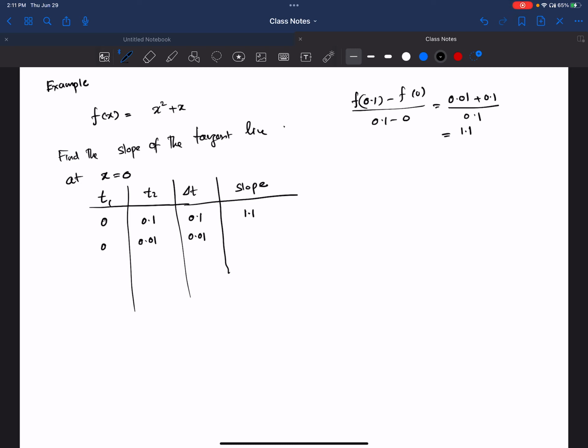hold on, I think I'm wrong. So here it's 0.01 plus 1, oh yeah, 0. And then if it is 0.01, so you can find f of 0.01, then this is f of 0.01 minus f of 0 divided by 0.01 minus 0. So this is 0.01, and then f of 0.01 is